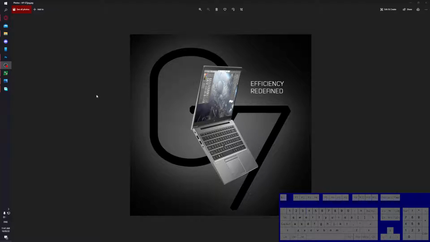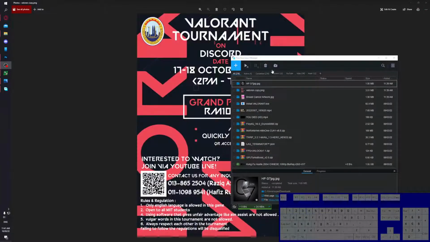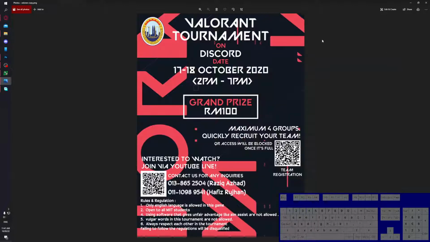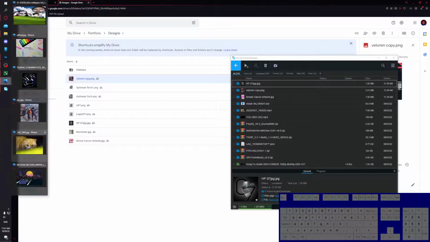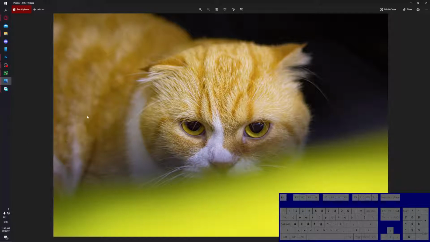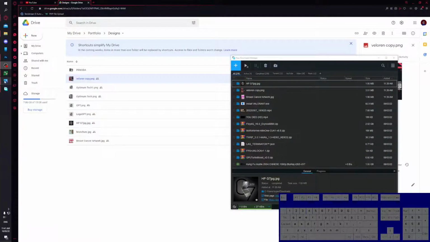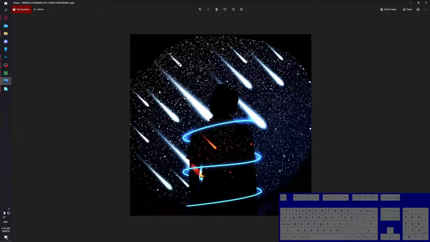You can make product branding, a poster. You can make a poster from Photoshop. You can also edit photos like this cat over here. You can see the colors popping out. That's from Photoshop. You can adjust the colors, the contrast, or you can make a completely heavily edited photo like this photo here